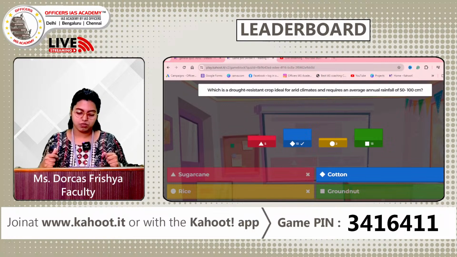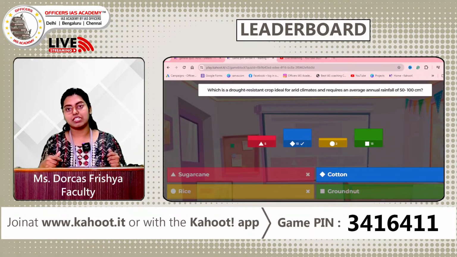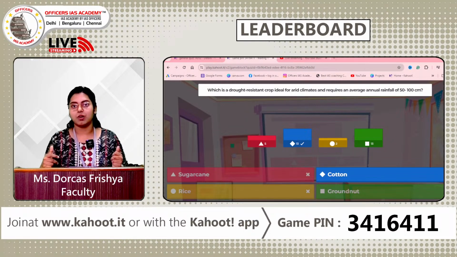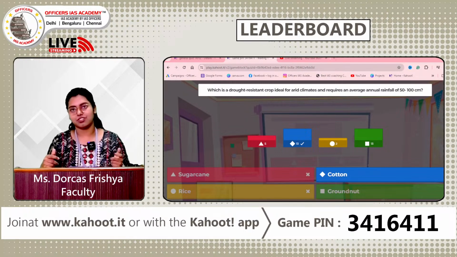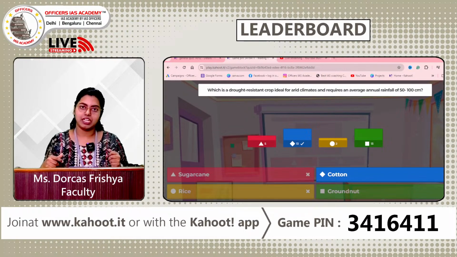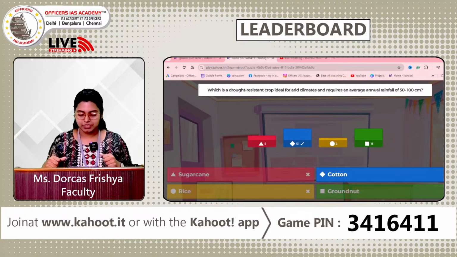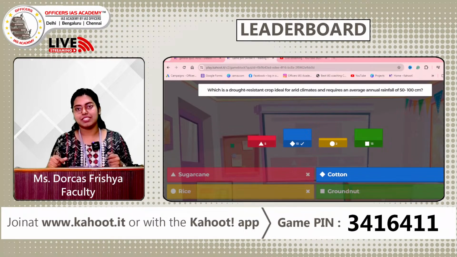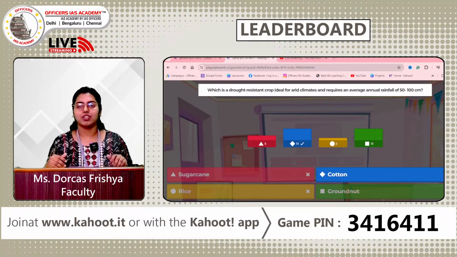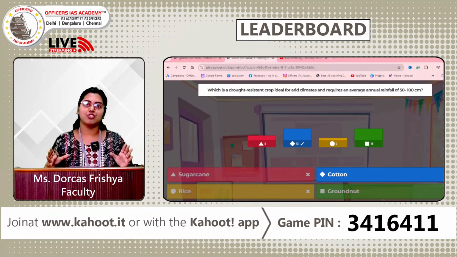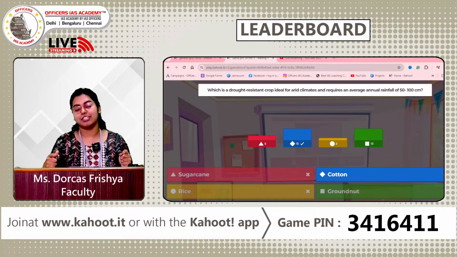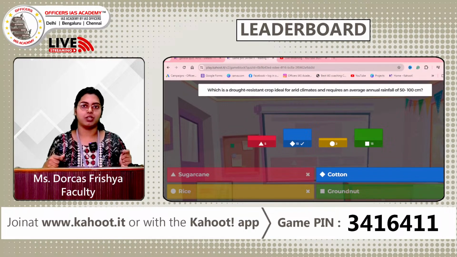Also cotton usually has great demand as a raw material. It is used in the textile industry, we all know that, and therefore it has very high demand compared to others. And which soil is suitable, if that is the question, the answer would be Deccan type of soil, or I would say black cotton soil. And where is it present? It is present in the Deccan Plateau. The reason behind that is the region is prone to Deccan trap. That's the reason it has a black kind of soil which is suitable for cotton.